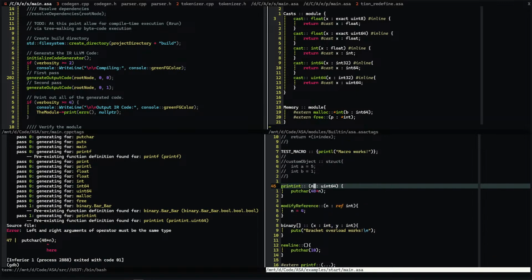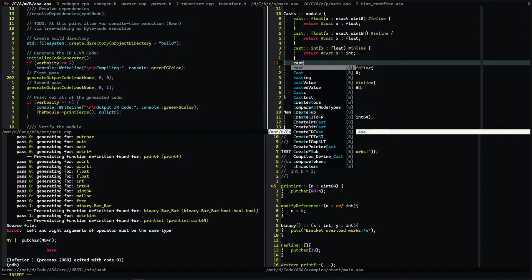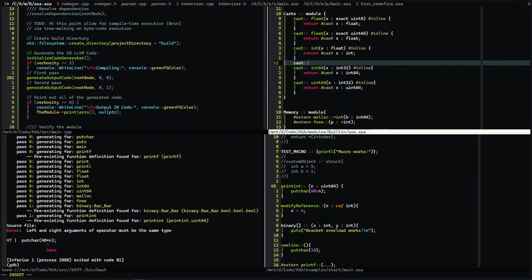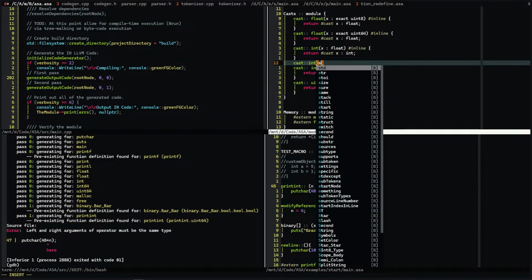But sometimes you don't want that to happen. So for example, I have all of these typecasts. You sometimes want to handle those differently. In this case, they're not handled any differently. So this is an unsigned int 8 and an unsigned int 64, and they're both handled the exact same way for casting. But if you have a more complex type, such as a string struct, and you want to do some kind of thing like cast int s string,